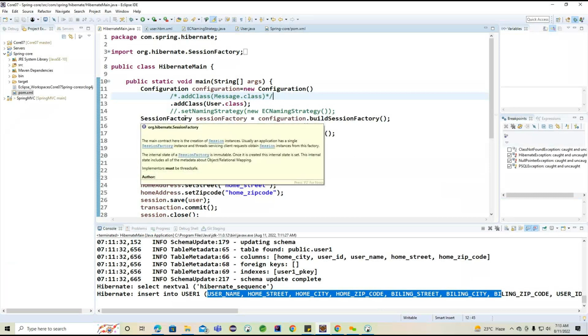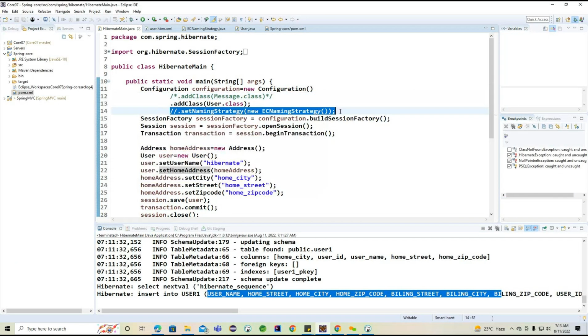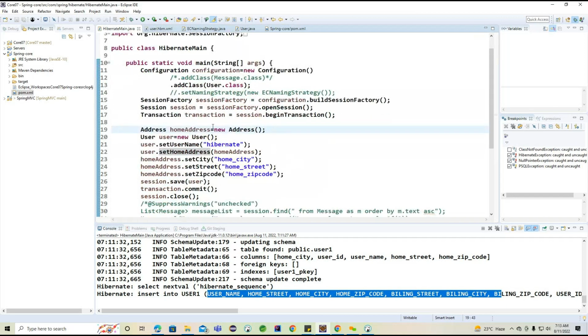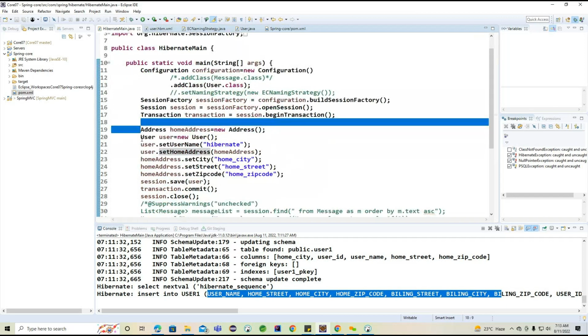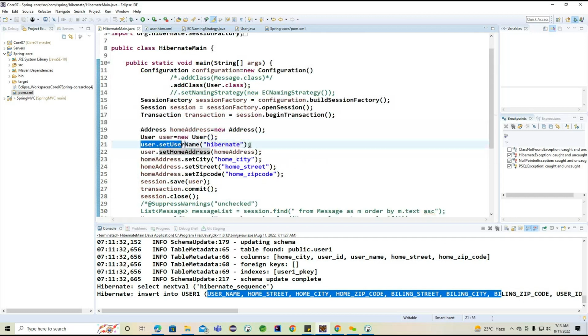The message section I commented out. We are not discussing more about the messages and the naming strategy, which we commented out. In the remaining section I'm creating the home address. This is the user class. The username we are setting and the home address we are setting. These are all the home address related properties. So how can we write the city? City, we can write something like